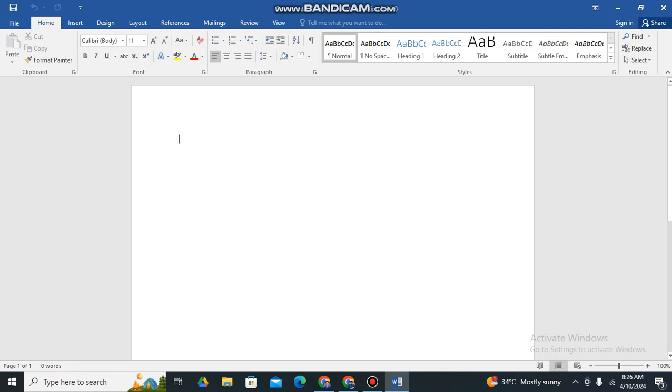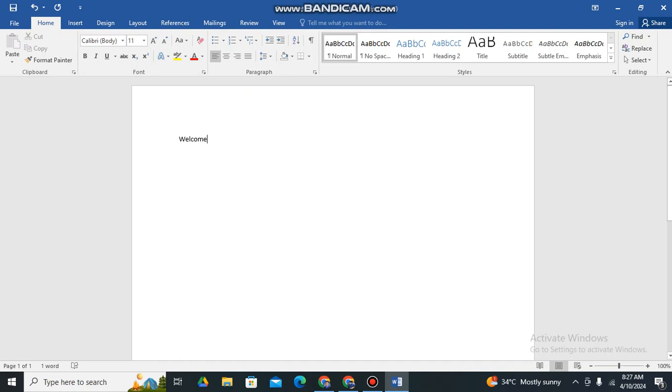In the center is the document. This is where you create and edit your documents. By the way, you can start typing right away. Let's say, for example, welcome. And you can open an existing document by clicking on Open or using the keyboard shortcut Control O. So let's say, for example, this is already your document. Now let's create a document.